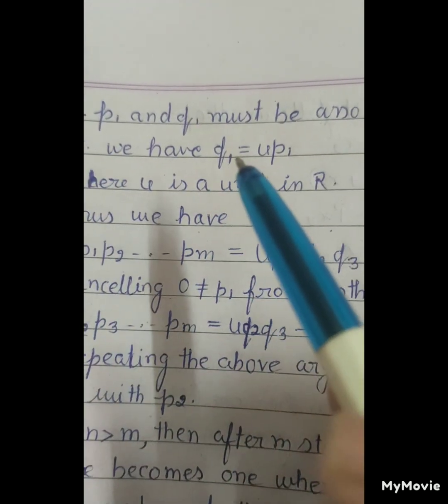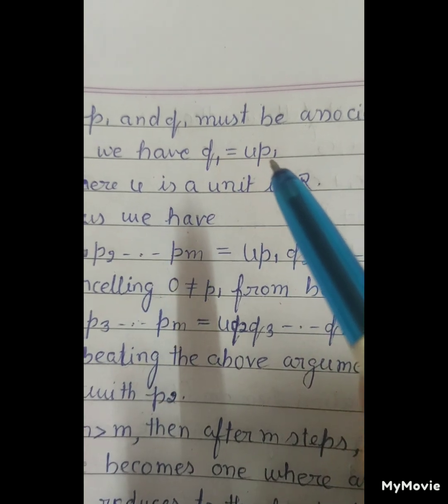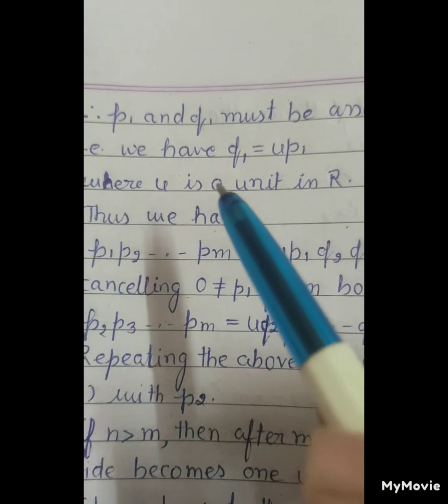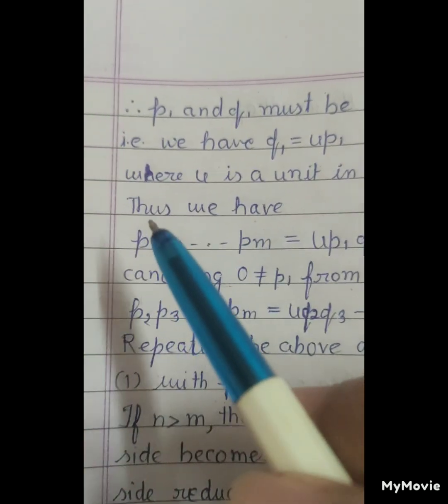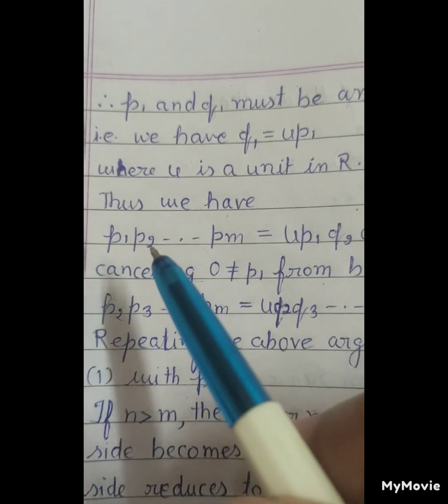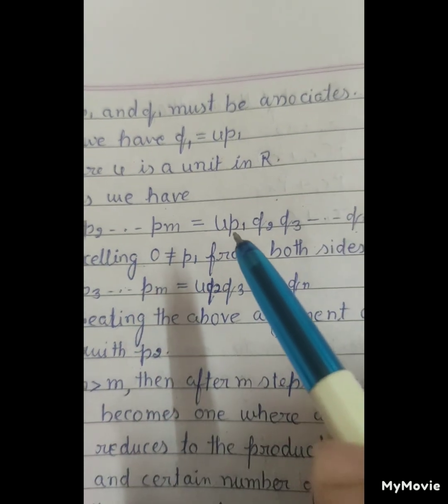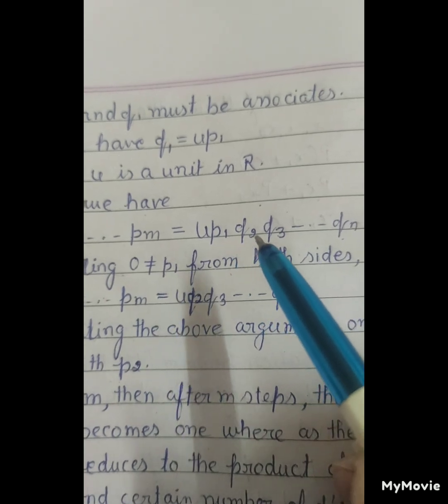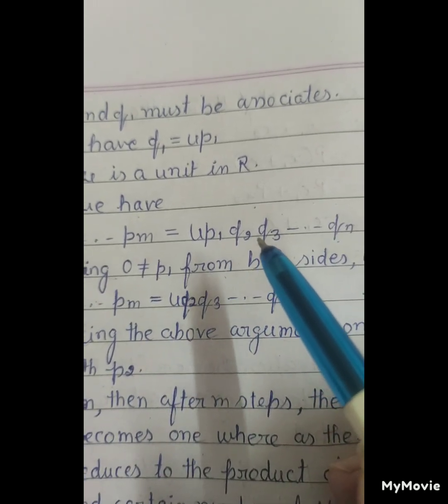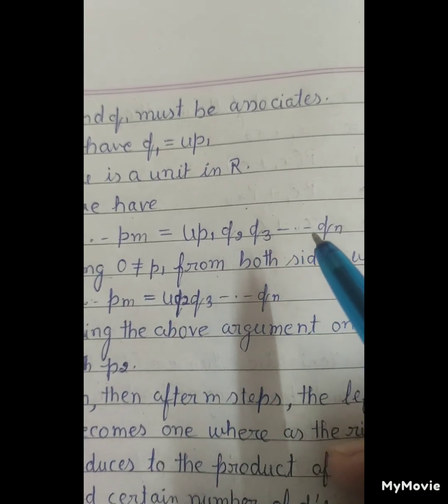That is, we have q1 equals u p1, where u is a unit in R. Thus we have p1 into p2 and so on into pm equals u p1 into q2 into q3 and